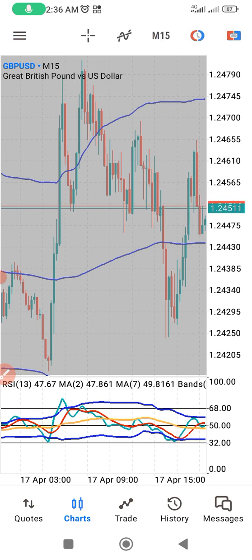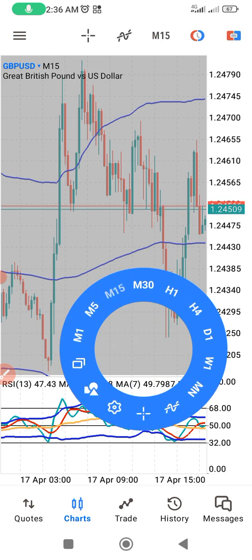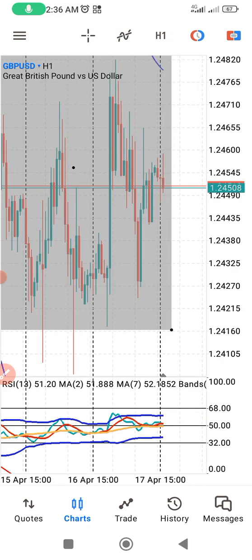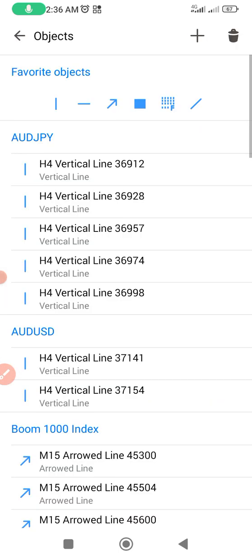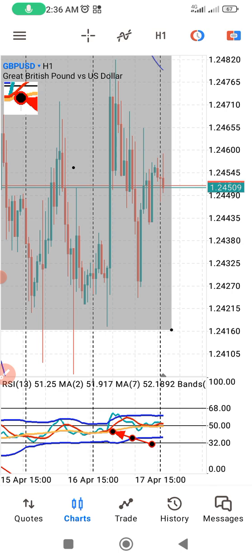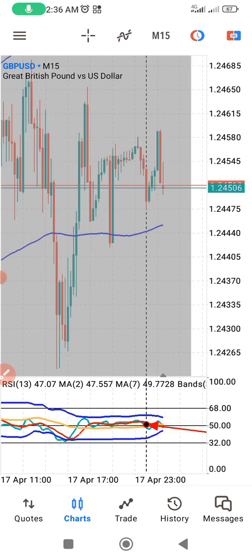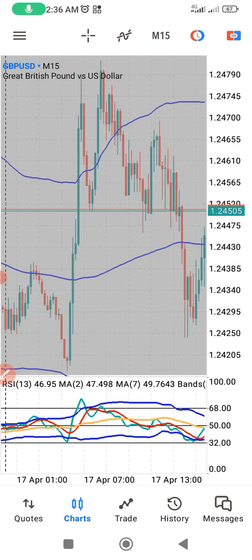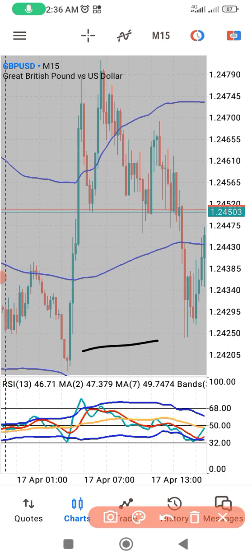So we'll begin from our higher time frame, and from our 1 hour time frame, just as you can see, the line is below the 50 level, and coming to our M15, we know that it's a signal to sell, and then we sell whenever we get a shark fin